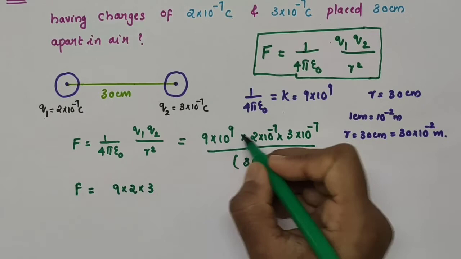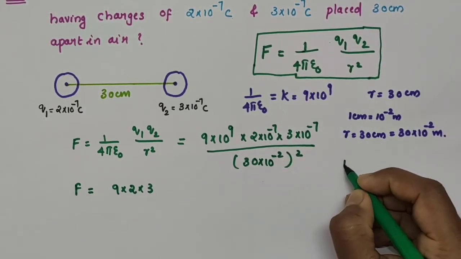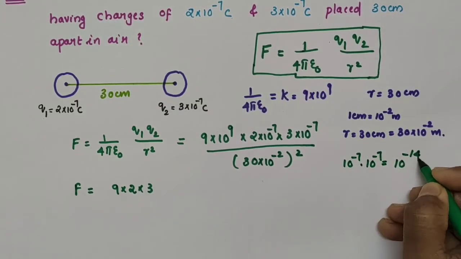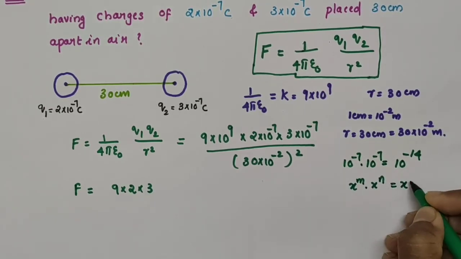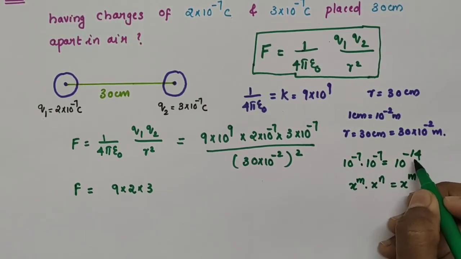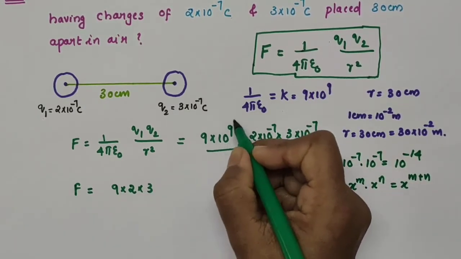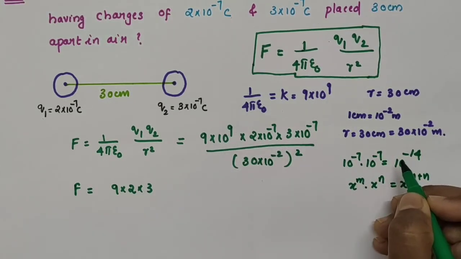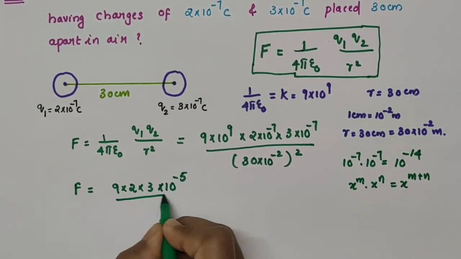Then here we have 10 raised to 9 into 10 raised to minus 7 into 10 raised to minus 7. So, 10 raised to minus 7 into 10 raised to minus 7 will be what? 10 raised to minus 14. Because x raised to m into x raised to n equals x raised to m plus n. So, 10 raised to minus 7 plus minus 7, which is minus 14. Okay. Then here we have 10 raised to 9 into 10 raised to minus 14, which will be 10 raised to minus 5. So, into 10 raised to minus 5 divided by